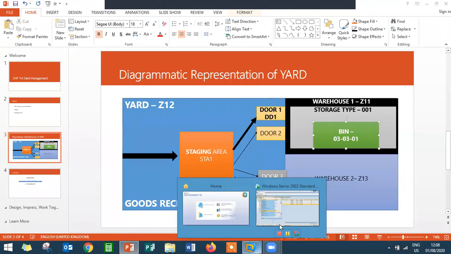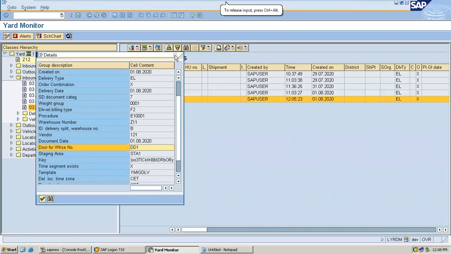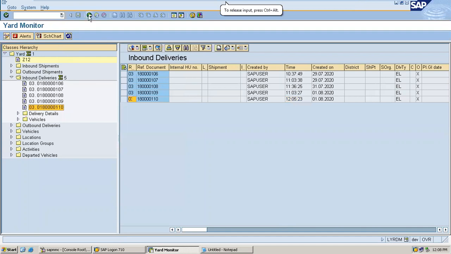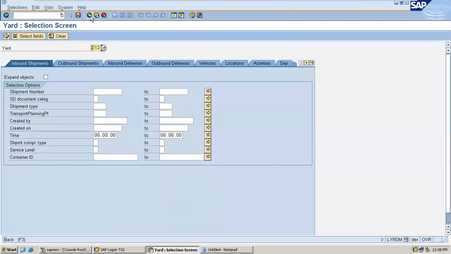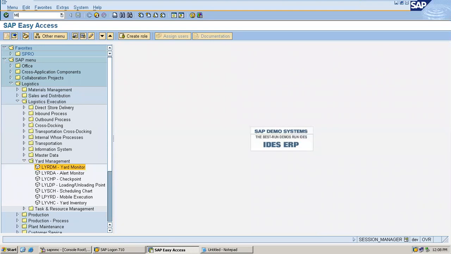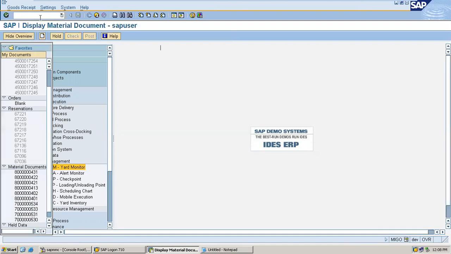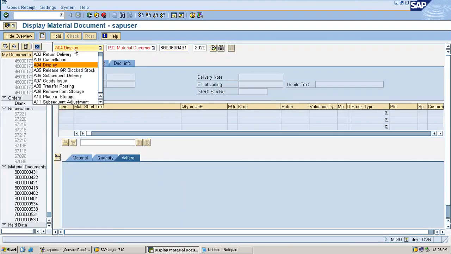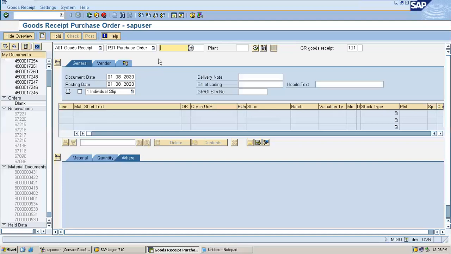Go to the SAP system, close this. This is the yard monitor. Come back, go to goods receipt. I'm going to do goods receipt, GR, with reference to the purchase order. So this is the purchase order. Press enter.